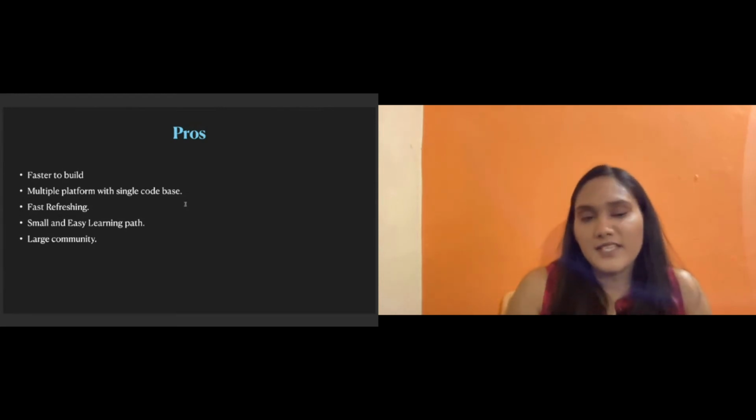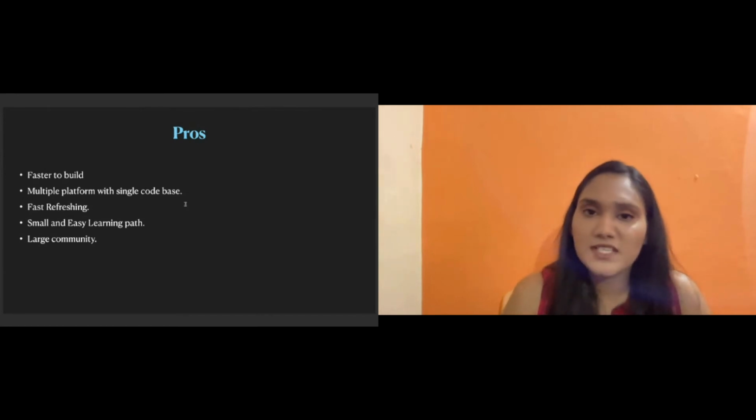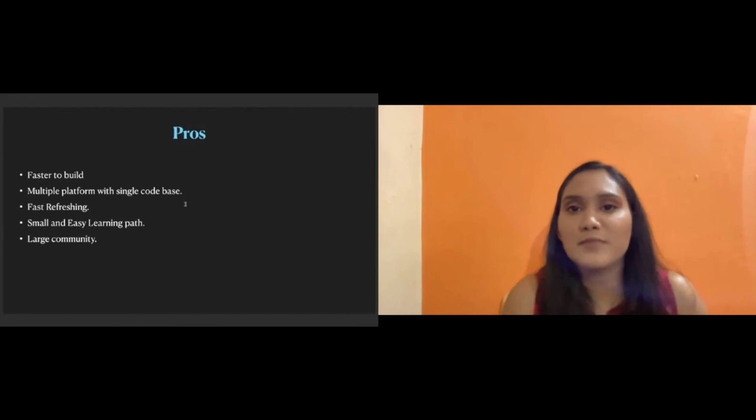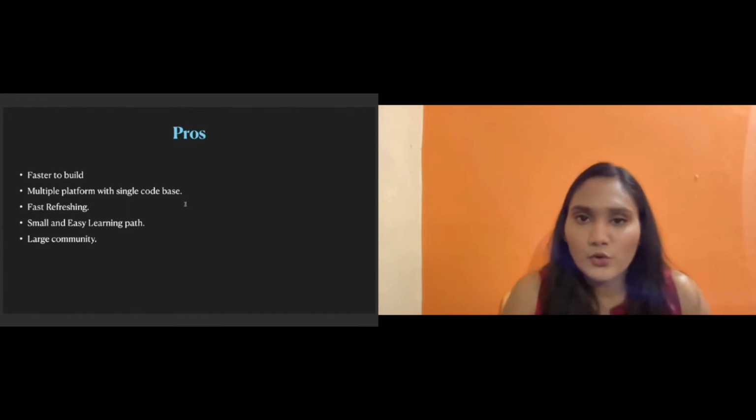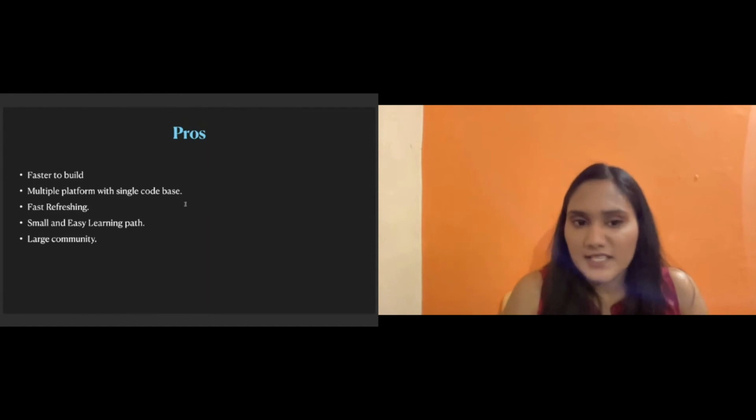So yes, this is true, because we do not have to learn and we do not have to worry about JavaScript, Kotlin, Objective-C, Swift. We just need to know one thing, which is JavaScript and some basic concepts of React, and we are good to go. We are good to create a basic mobile application. If you want to add some more features which cannot be done in React Native, which are very few, there are cases where we need to have the Android and iOS experience, but that is an eventual phase of the application. If you are starting small, then the learning path is very short.